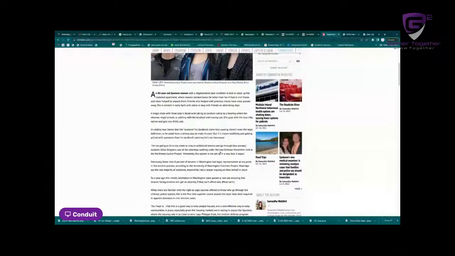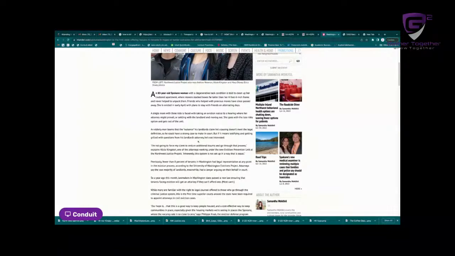The eviction process can be very embarrassing. We don't want our friends and family to know that we're going through something like that. Many folks have never gone through an eviction and they don't know what their rights and responsibilities are. And again, the landlord most times will have their own representation. And so less than 8%, right? Less than 1 in 10 has a lawyer represent them. And so think of how powerful this is in helping you to navigate. So if you find yourself in the eviction process, please reach out and seek help because there is help out